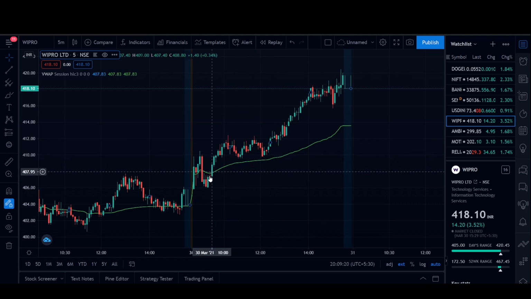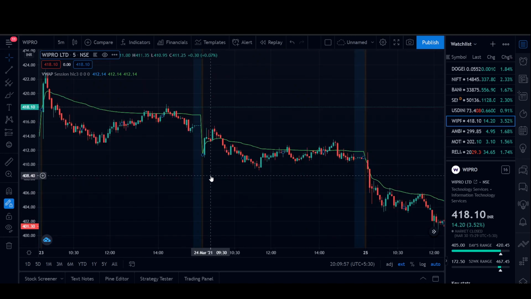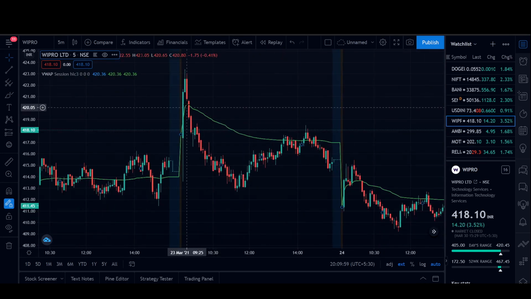As we can see here, it is providing support to this price and to this trend. Once it almost touched this, it went up. It touched this, almost, and went up. So when the stock is above the VWAP, it indicates a buy. It indicates that the market is bullish and we should buy the stock. Above here, we would have bought the stock. And if the price is below the VWAP, like, let me give an example. Right here, when the price is below the VWAP, it indicates a reversal.